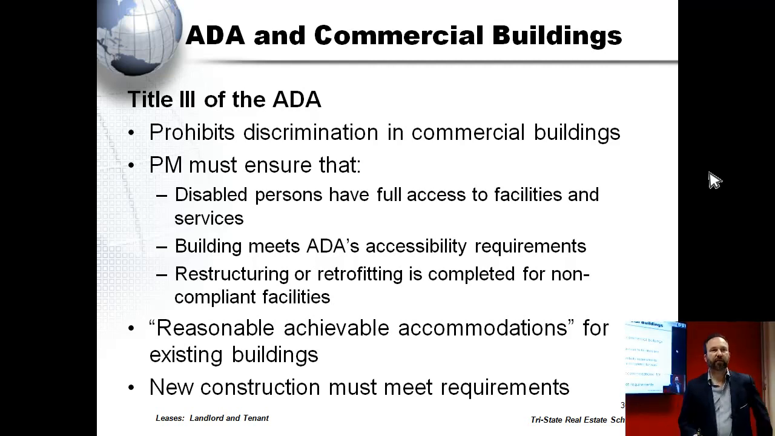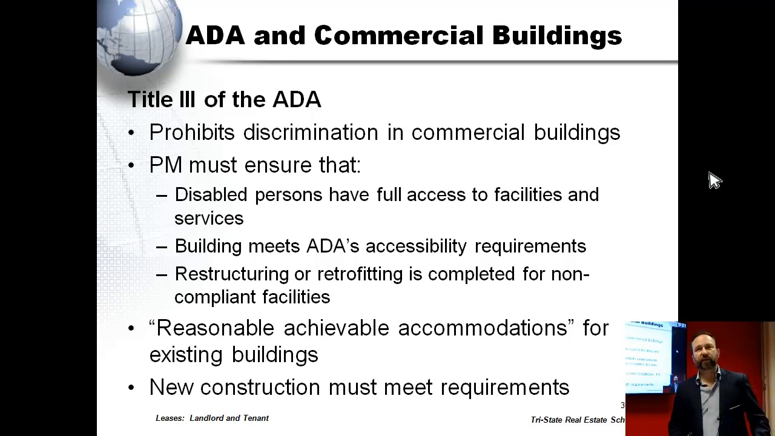Under Title III, the ADA prohibits discrimination in commercial buildings. So the property manager must ensure that the disabled person has full access to the facility and the services. That's in a commercial building. That it meets the ADA accessibility requirements, constructing and retrofitting any systems or any components to allow a person with disabilities to enter the building and use the services. Which is why when you see commercial buildings, they have the wheelchair handicap accessible ramps. They have the parking designations so that people can park close to get into the building for services. So again,